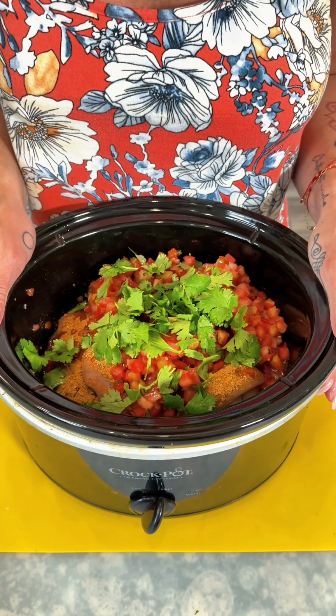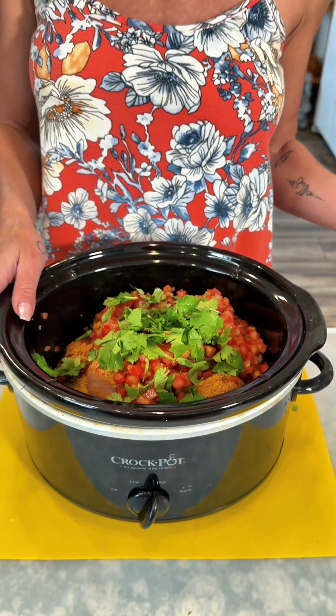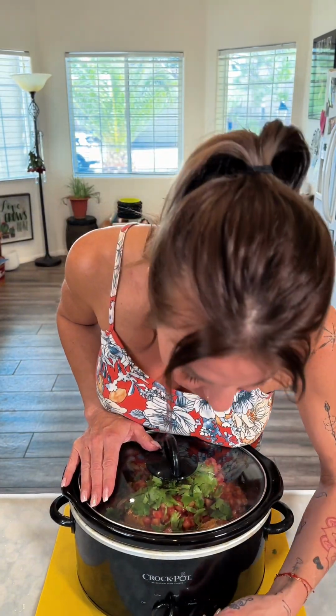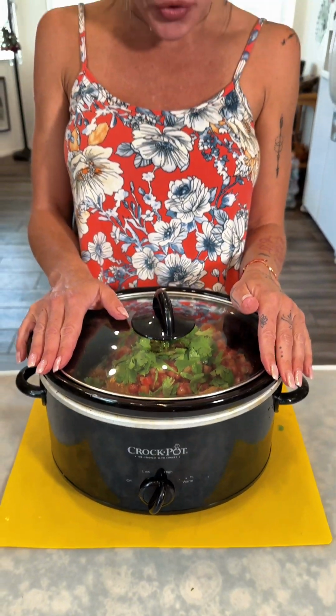Okay, wow, look at how easy and simple that was. Wait until you see how this chicken turns out. It is going to be so tender, so full of flavor, and so easy to do, which is definitely my favorite. So let's pop that lid on. We're gonna put it on high right here, and we're gonna cook it for about 4 hours, and I am gonna show you guys just how delicious this is, and wait until you see what we are serving up with